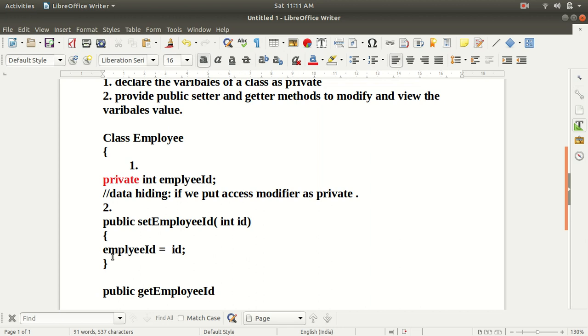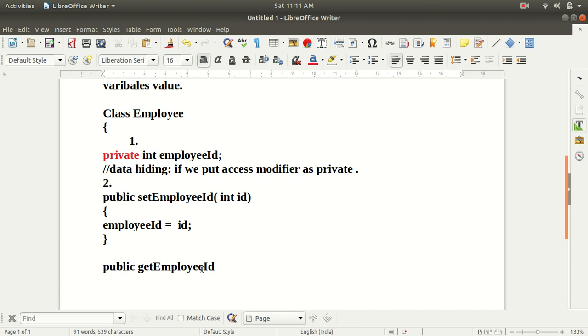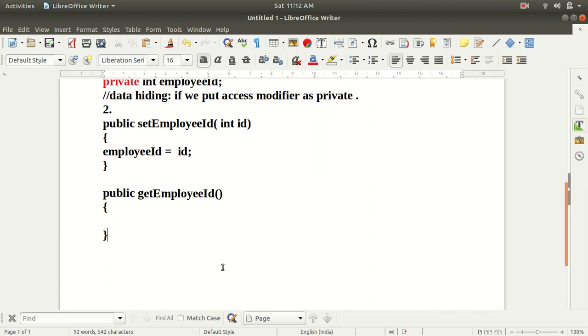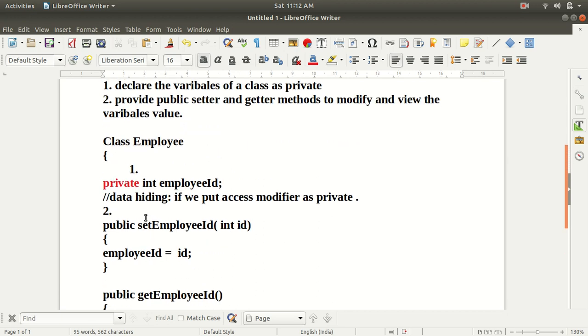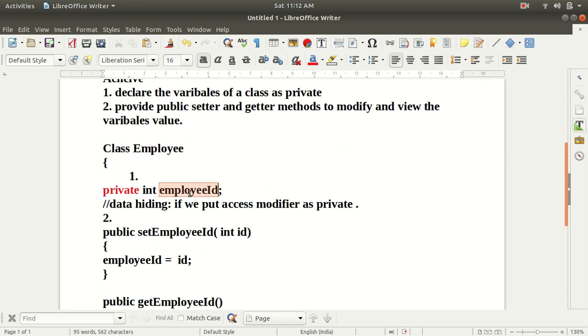Okay, here there is a mistake in spelling, so let's correct it first. Employee id, it's fine. Okay, get employee id, and inside this method we will simply return this employee id. So the getter method is used to access or to fetch the value of the employee id variable.